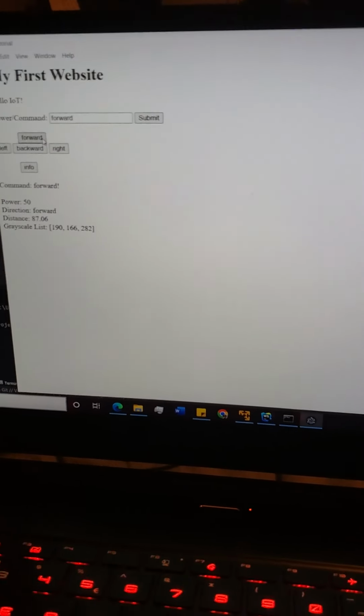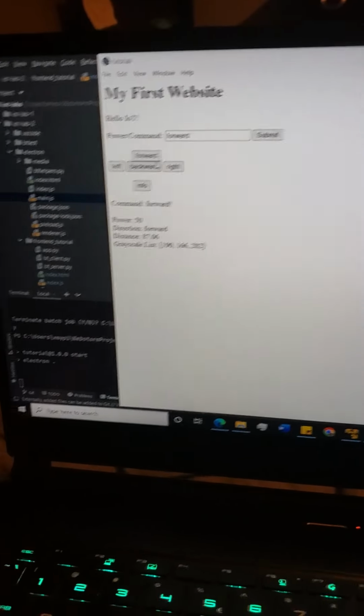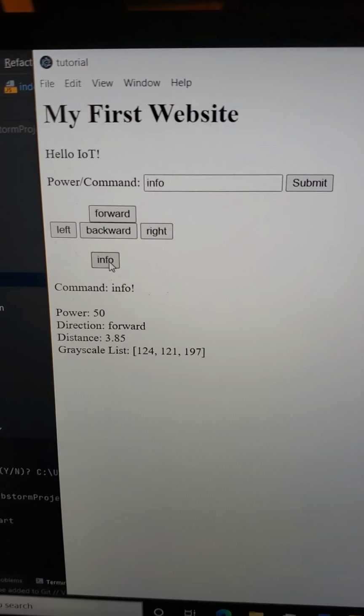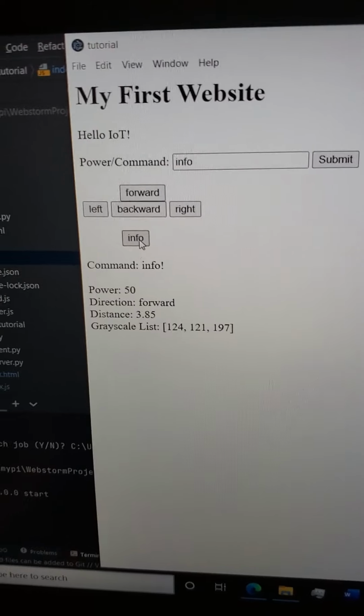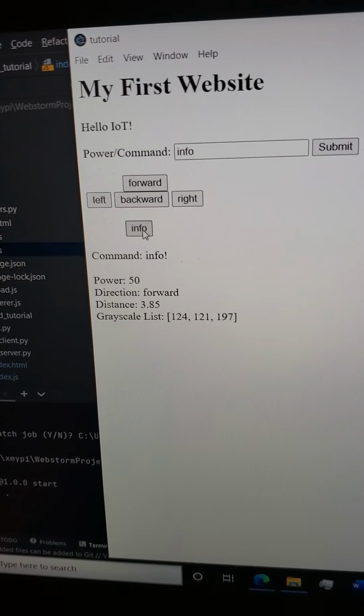For each function. So it can move forward, left, right, and backward, and it will display that data every time you input a command, or if you just even want to see a command. So like, let's say if I move this car here and I wanted to move it, where's the best place? Let's just say next to this wall. So I wanted to just see if it notices that it's something right in front of there, and I put info. Yes, so you can see from the distance it notices there's something right there, so you could use that kind of data for more advanced ways of saying, hey, you should stop here. So as you can see, it can move, it can go backward,